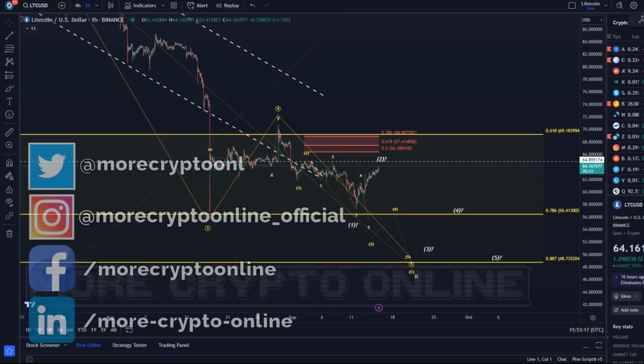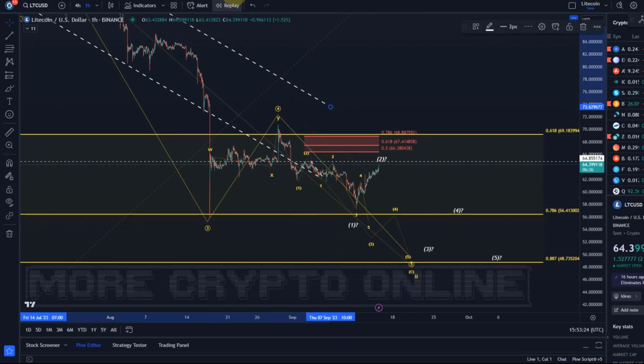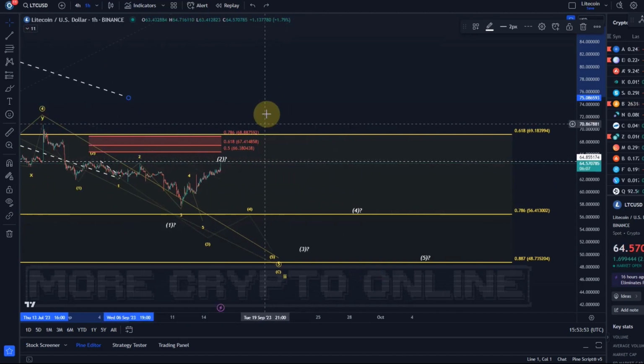In the last video we discussed that we might be in this last wave here to the downside, in this fifth wave here, against the wave 4 high, which was made on the 29th of August at around $70. I also highlighted to you that we only had 3 waves down, basically a 1-2 setup and then 1-2-3. So we only had overall 3 waves down, really. So I highlighted, okay, if we get a higher high above this previous smaller degree wave 2 high, then